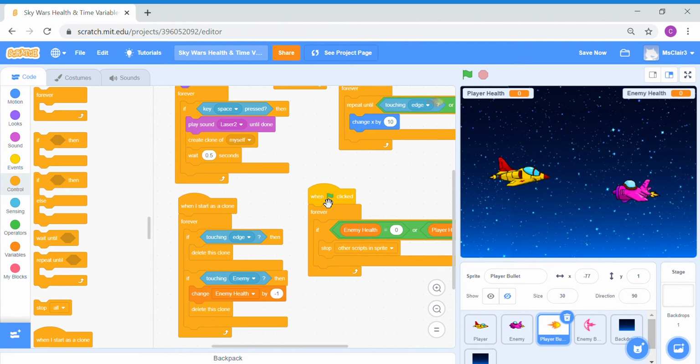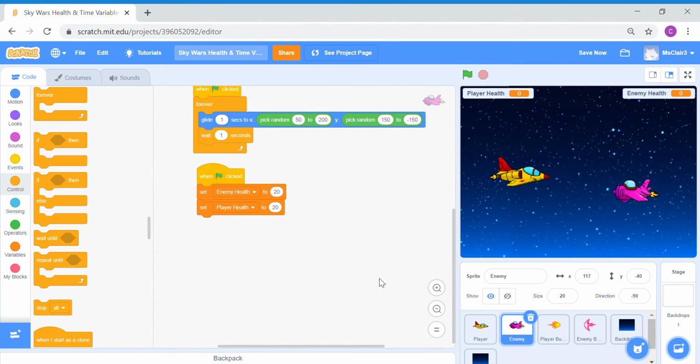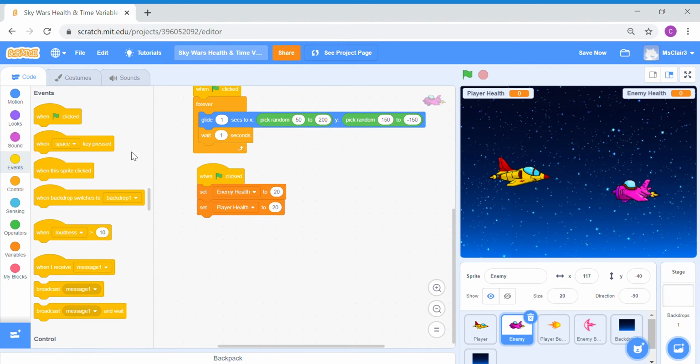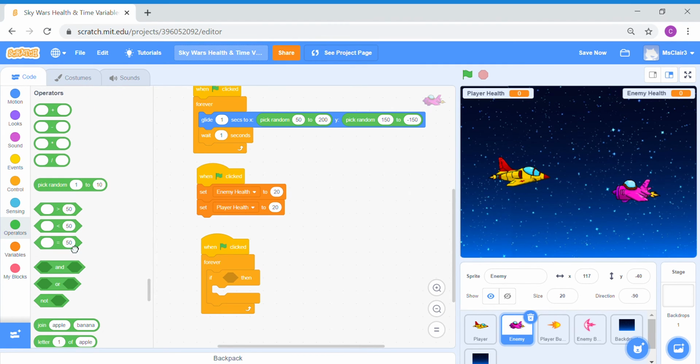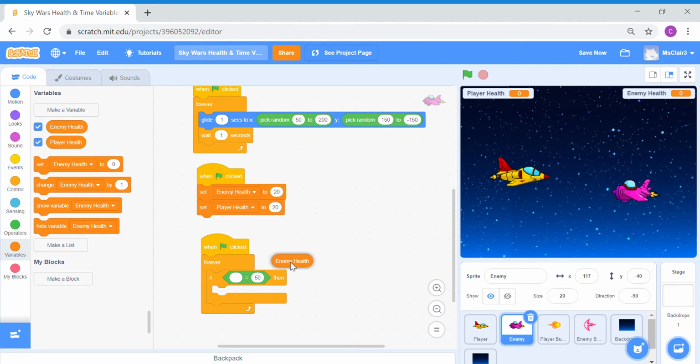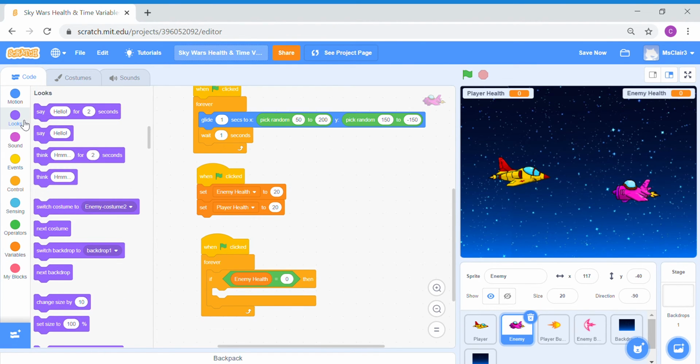Okay, now let's add some feedback to the game. I'm going back to the enemy sprite. I'm going to make the enemy say something and give you instructions on what to do next once either of the sprites has won. So I'm going to go to Events to control this. When green flag is clicked, forever, if, I'm going to bring out an operator, the equal sign. Okay, if my enemy sprite senses that its health is 0, then I'm going to make it say,